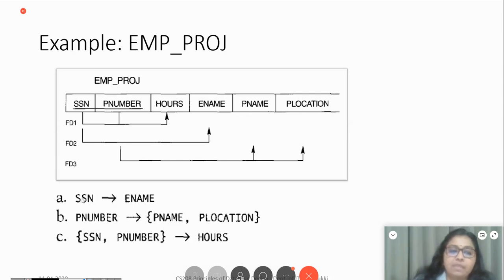So I can have three different attribute closure sets because I have three FDs here. Correspondingly, I can have three attribute closures. The first attribute closure I will compute for SSN, so SSN plus. The second I will compute for P number, which is P number plus. The third I will compute for SSN P number plus. I first take SSN. And we know that any attribute will determine itself based on reflexivity. So we have in the closure set of SSN, we have SSN.